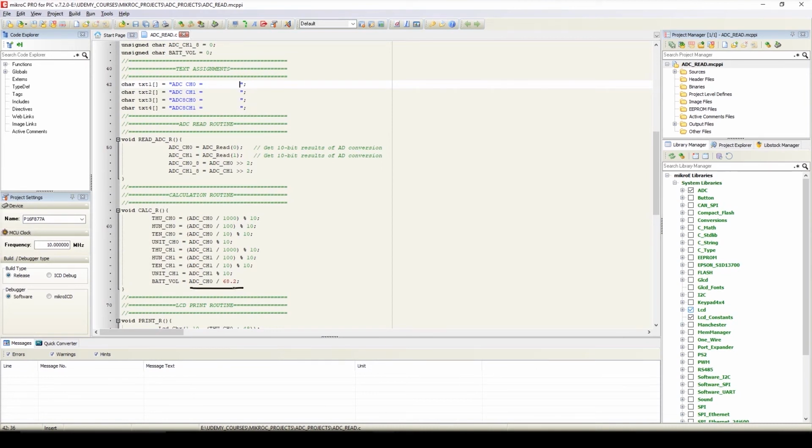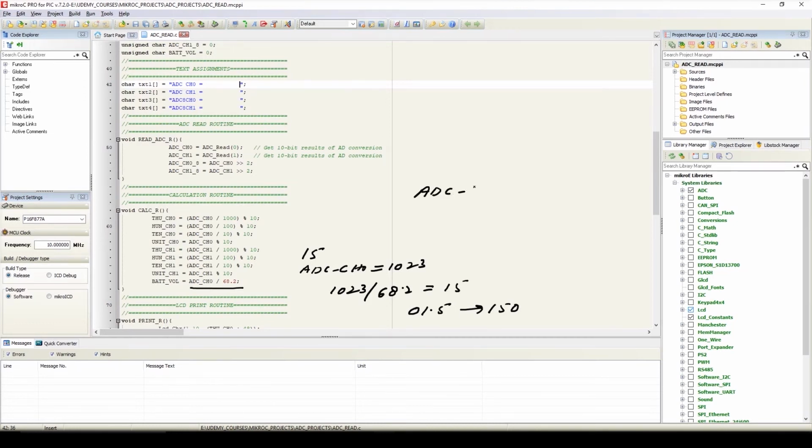Here we can observe that we have divided this variable, that is ADC channel 0, by 68.2. So we'll get the result in battery voltage variable, which will give us the number 15 if the value of ADC channel 0 will be equals to 1023, and if we'll divide this number, that is 1023, by 68.2, so we'll get the result 15. And if we'll print this number, that is 15, with the decimal point, we'll get the result, that is 01.5. But to display the result, that is 15.0, we have to divide the variable, that is ADC channel 0,